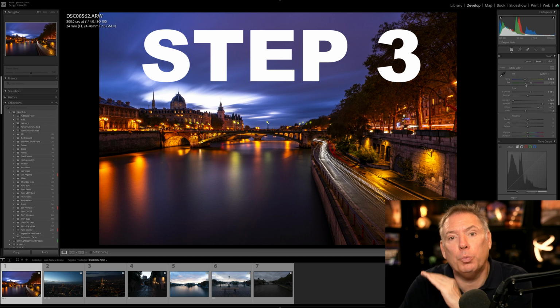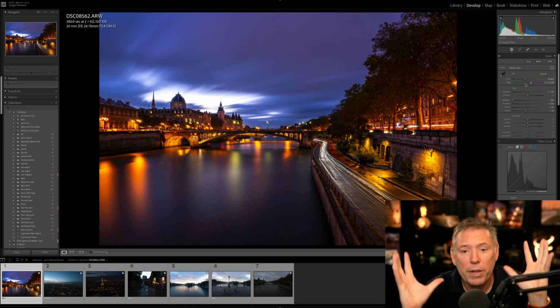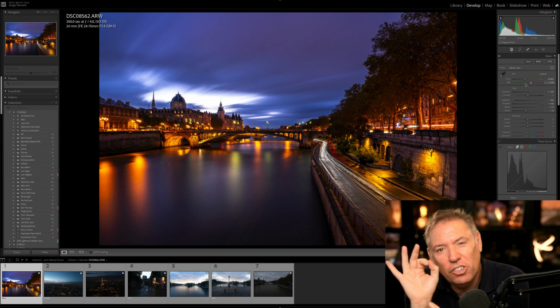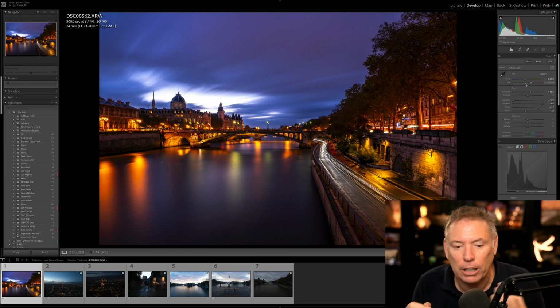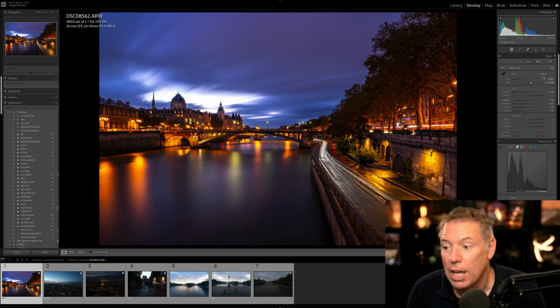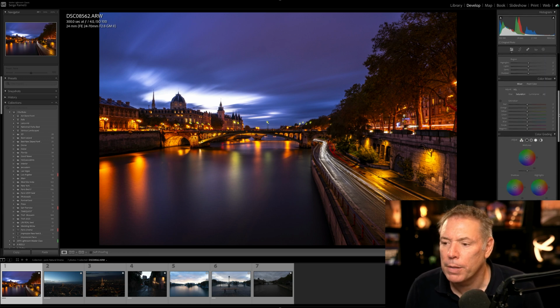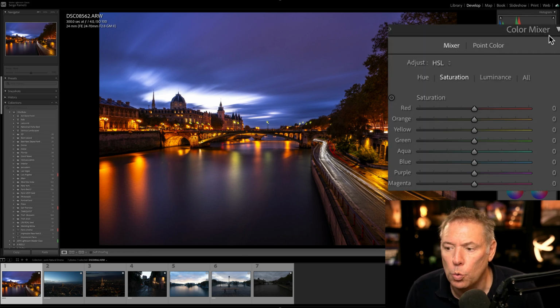Step number 3 is refining colors. Yes, refining colors, because there's so much you can do in white balance, but sometimes if you want the exact blue or the exact orange or magenta, you need to refine colors. And for this, we're going to use a new option that just came out about a month ago in the color mixer. If you go to color mixer,